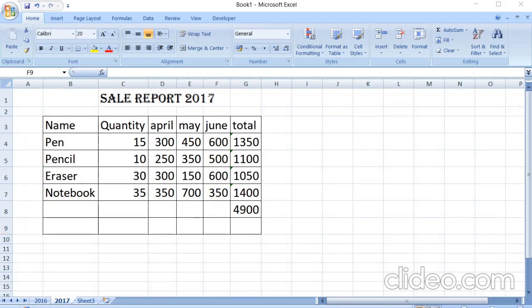In this you can see I have done a total by putting a formula. By clicking here you can see the formula. By doing the auto sum you can do the total. You can see the formula D4 to F4 I have added. Here D5, F5, D6, which I have already discussed in my earlier videos, how to do the calculation.